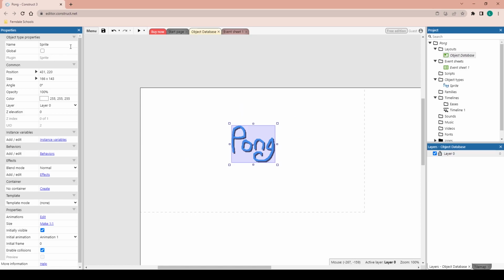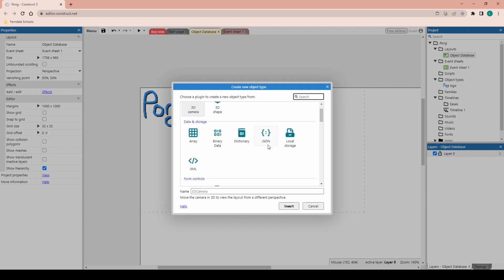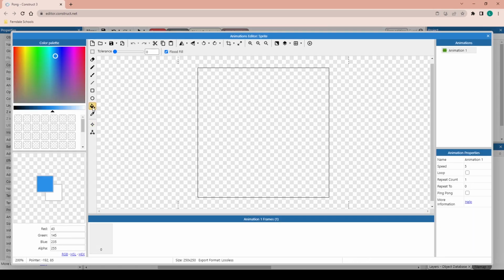Let's go ahead and rename this logo. Boom. All right, so there's our first object. Next, let's make the paddles for our game. So we're going to double click again. Going to add another sprite. And this will be player 1. I'm going to have player 1 be